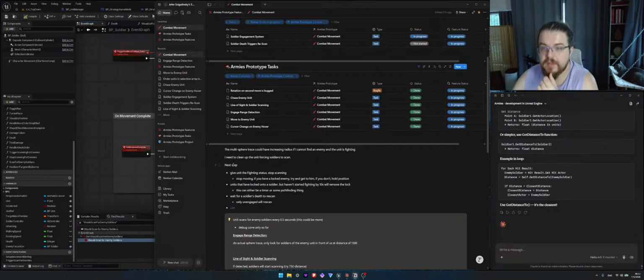Okay, next step, seriously. Give unit the fighting status and stop scanning. Stop moving if you have a locked enemy. Try and get to him if you don't. Hold position. Okay, so